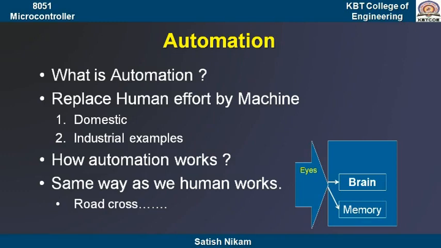Now the present information and the previous information which we have in our memory block are collected by the brain, and it will process that data. To help with that, there is a very important block in our body, and that is the timer. The brain, with the help of this timer, processes the present data and the previous data, and takes some decision, and that decision gets stored in the memory block,